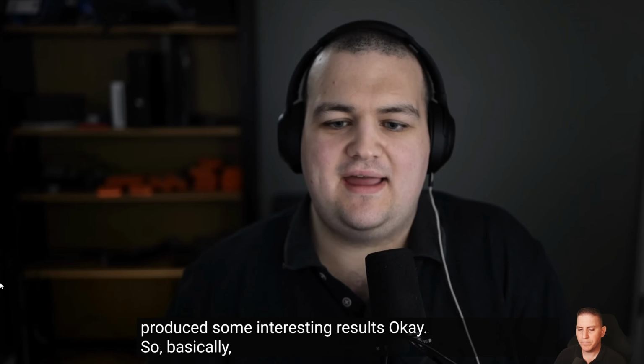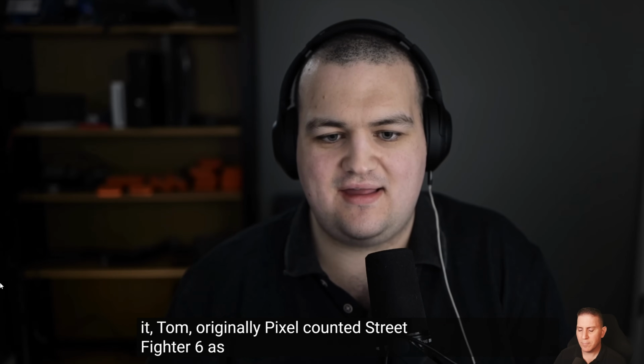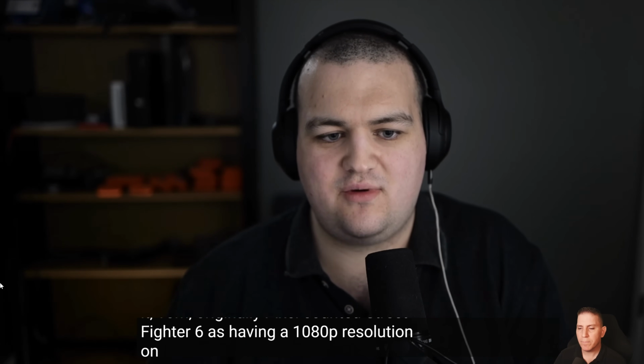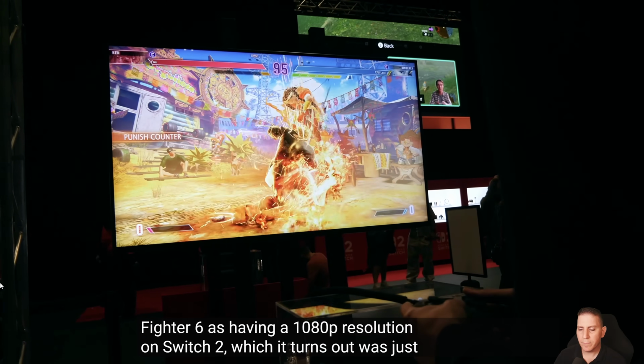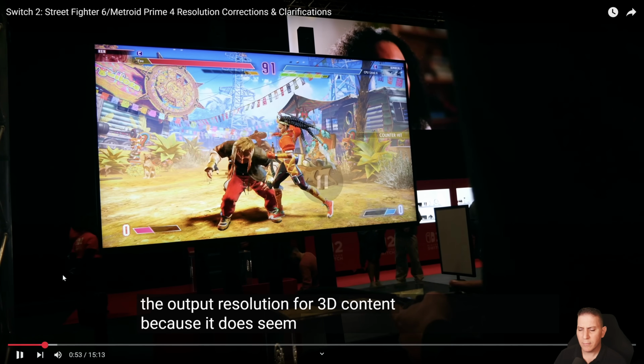So basically, as far as I understand it, Tom originally pixel counted Street Fighter 6 as having a 1080p resolution on Switch 2, which it turns out was just the output resolution for 3D content, because it does seem...